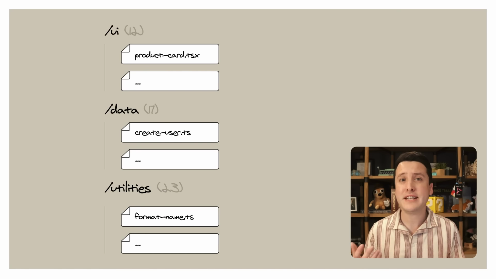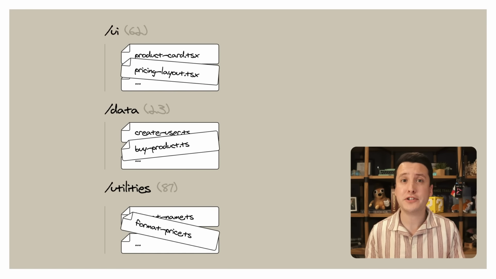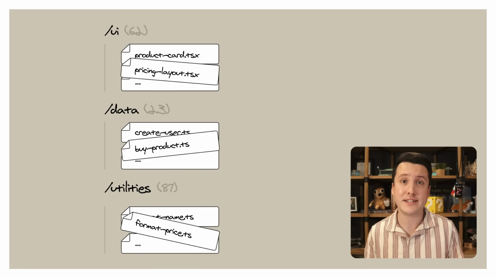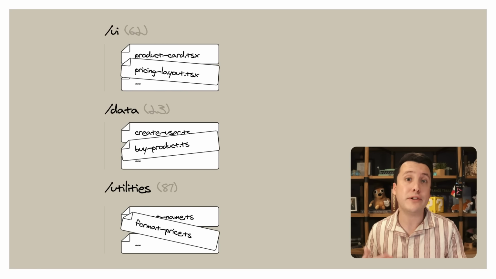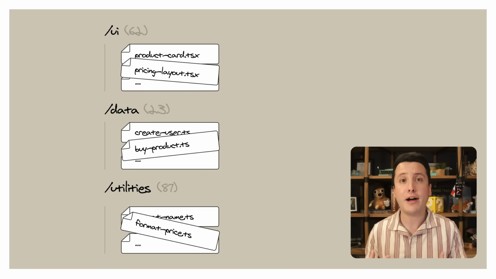As our application grows, files within these folders can kind of become a grab bag. Eventually, it becomes difficult to know which files or functions should be used in what contexts and where the separation of concerns really is. The mental overhead for working with these files is going to increase with every new feature added and every new team member added to the project. So let's take our first step at modularizing our codebase to prevent some of this frustration.